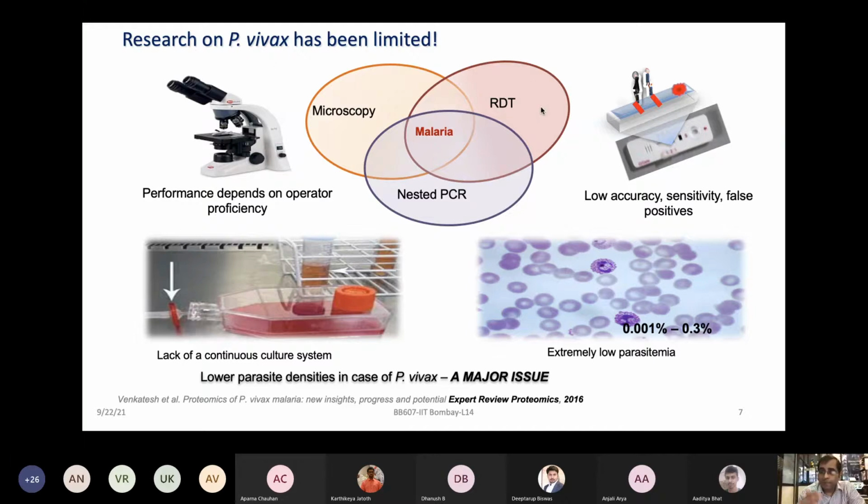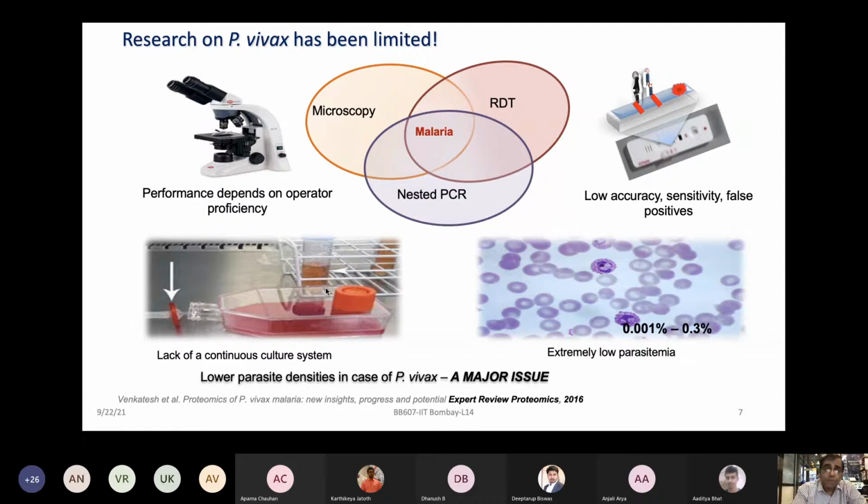Over time, certain tests have come up based on LDH and pLDH, for falciparum and vivax, which are more unique. But still there is a lack of a very specific test for vivax as compared to falciparum. Also, in falciparum research, which has been happening for several decades, people take these Plasmodium falciparum parasites and can culture them easily in lab settings. So you can continuously culture them, and you have some very good 3D7 and other culture systems that can be used to understand this pathogen better.